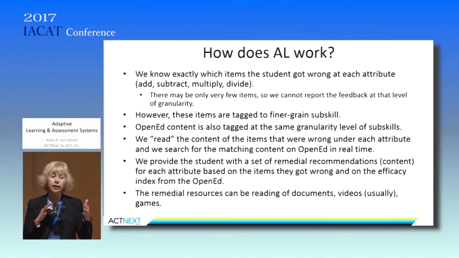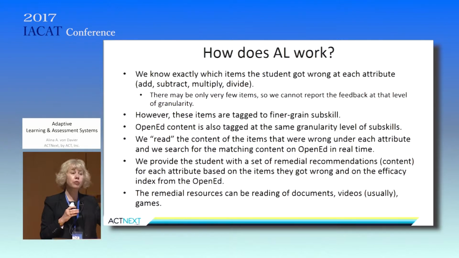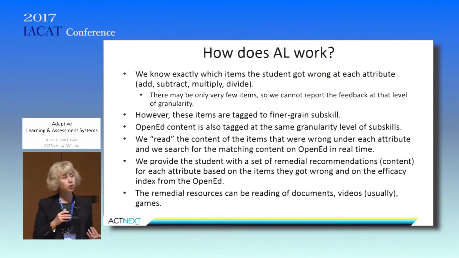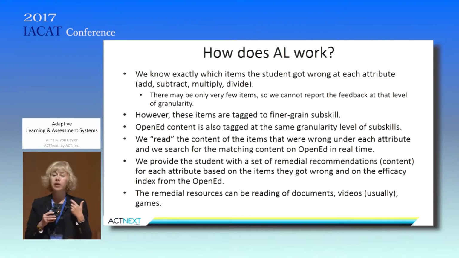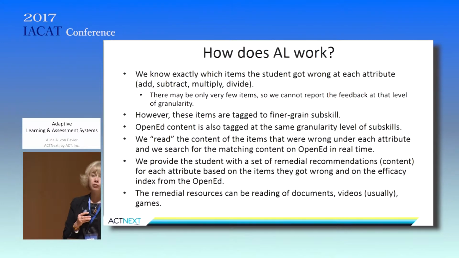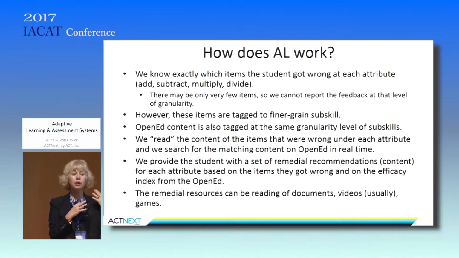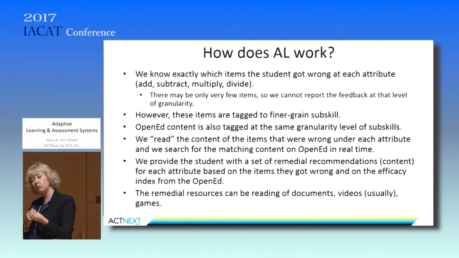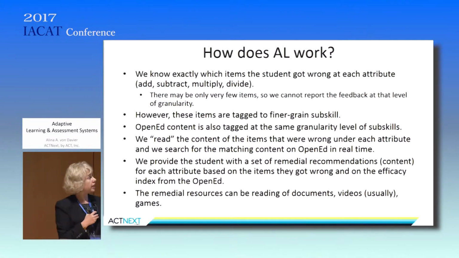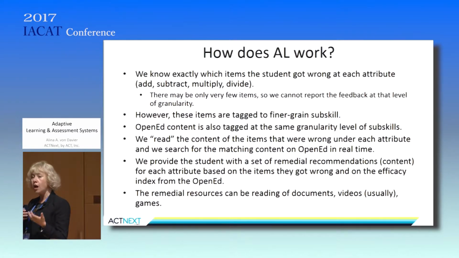So OpenEd over time was able, because they have so many students taking these instructional modules, and because they offer small quizzes at the end of different instructional modules, they were able to build an efficacy index for all of their offerings. So now when we make a recommendation to a student, we will get the first 5, for example, or 3 recommended instructional modules that have the highest efficacy index, in decreasing order. And these resources can be of many types, as long as we are able to translate their